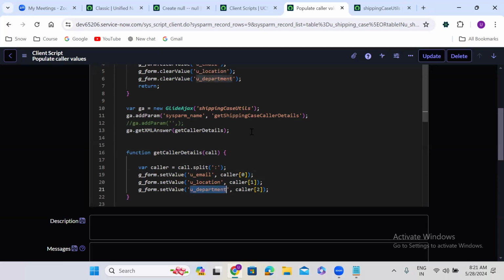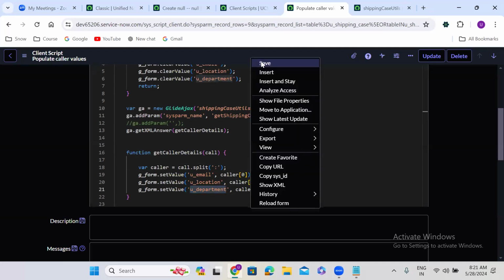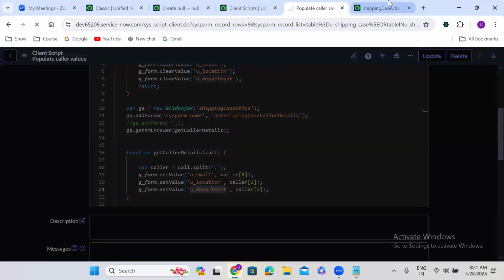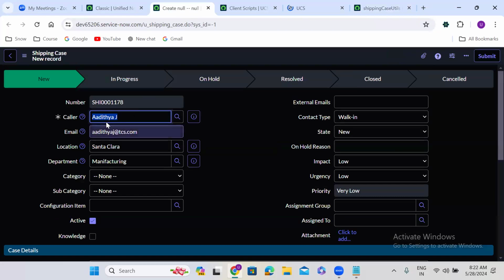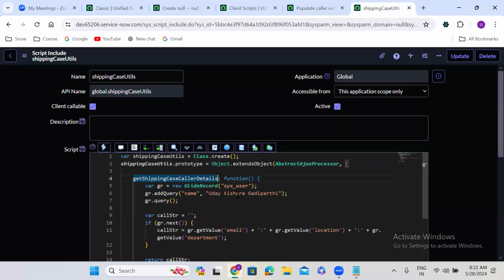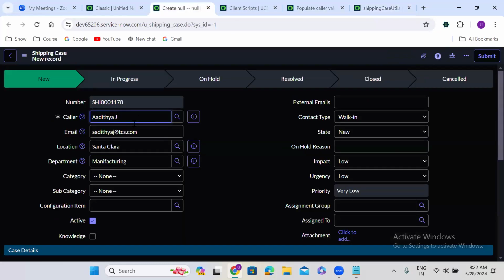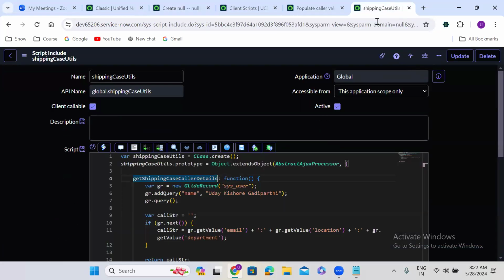Okay, fine. If you observe here, guys, it will always give Uday Gadiparthi values. If you select Uday Gadiparthi, here it should be Uday Gadiparthi. Here if you select Abel Tuter, here it should be Abel Tuter. Okay. For that, what I am doing here is